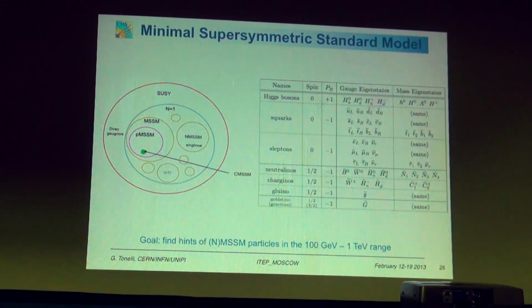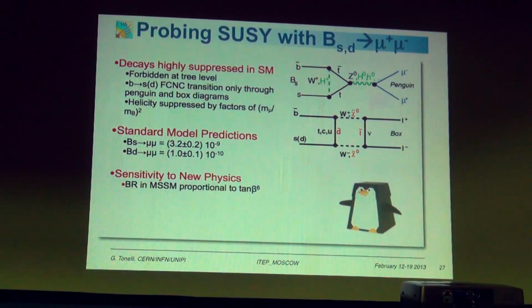I think also that it will be very difficult, even 10 years from now probably, to say, okay, if you discover SUSY, it will be easy. But if you don't discover SUSY, to claim that SUSY is dead and there is no SUSY and you have to abandon this theory, it will be tough, even with additional experimental evidence. Because again, playing with tens, 100 parameters, you will always find a corner in which you might be able to accommodate the experimental data. So this is why we have to continue. We have to insist. We have to be patient. We shouldn't work with prejudice. We have to try to understand what is happening in this area.